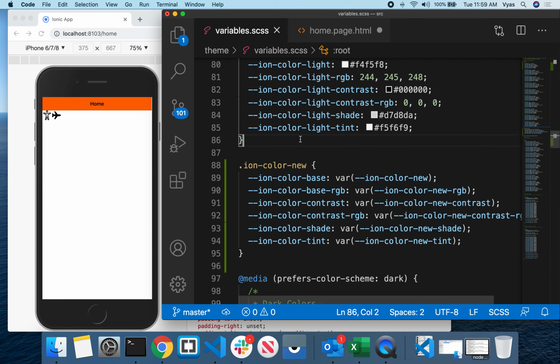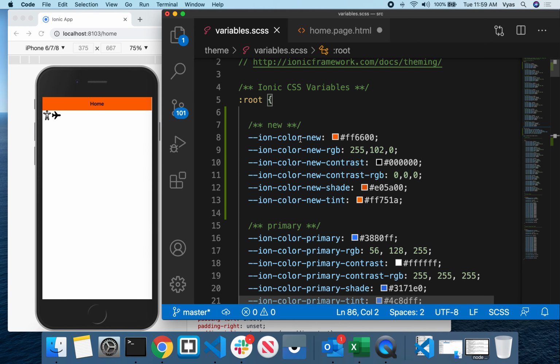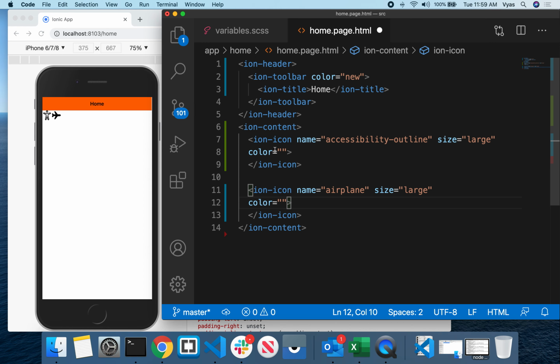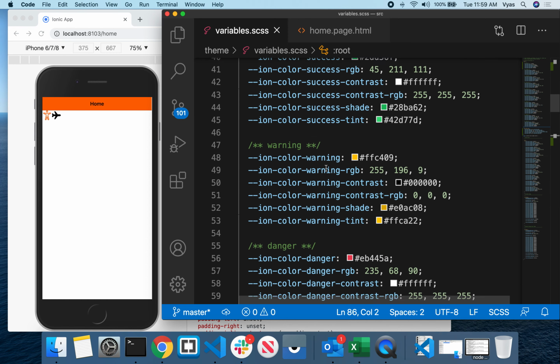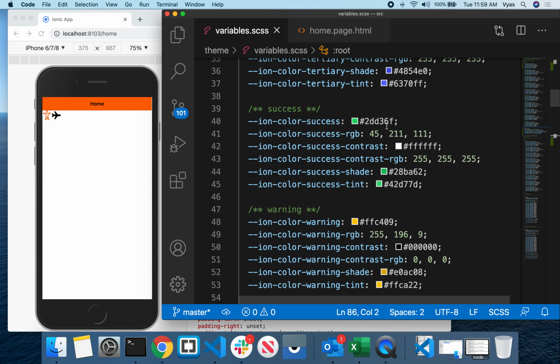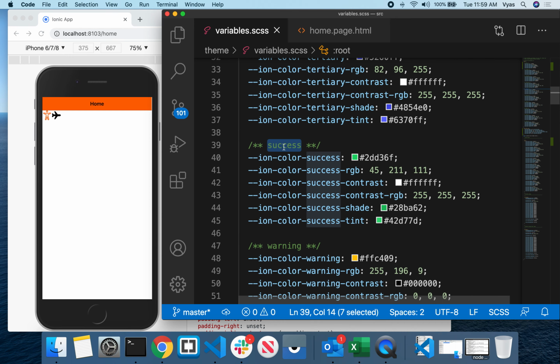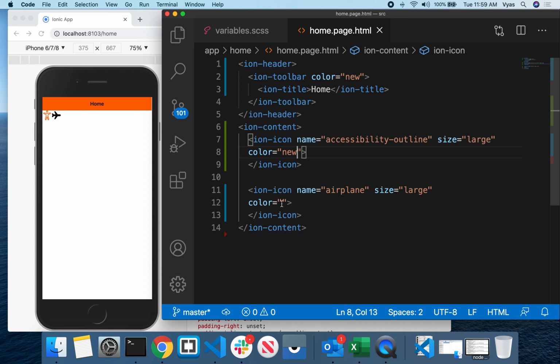Whatever the new color is, if you want to use our new color, you can give the name as new here. Or else if you want to use a predefined color which is there inside your theme, suppose you want to use this color, success. This is the name of the color. Simply give the name of the color here. When you give the name of the color, it will be displayed directly. The color will be displayed for the icon.